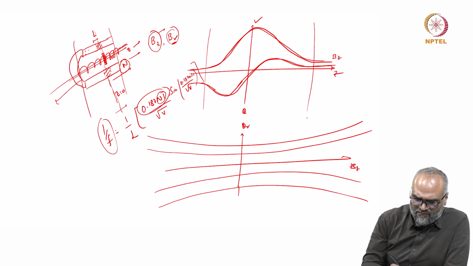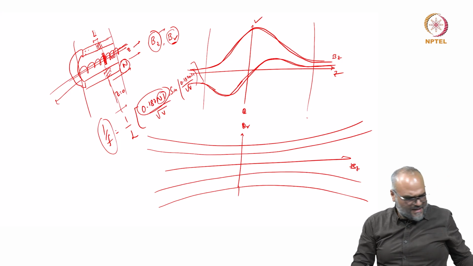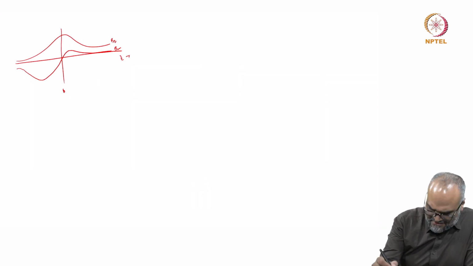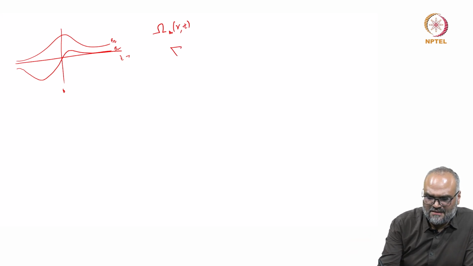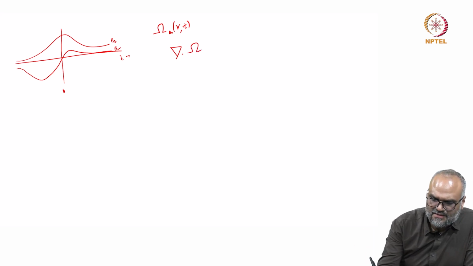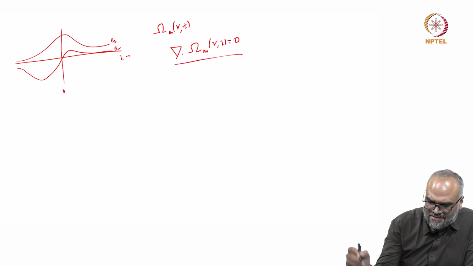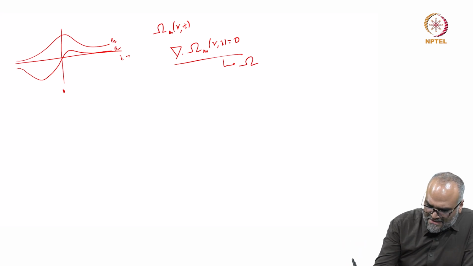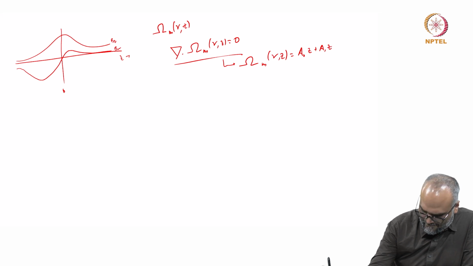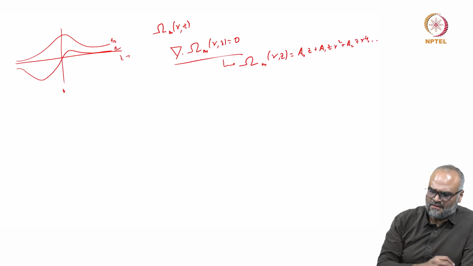If I want to derive the focal length in such a situation, I can take a magnetic scalar potential as a function of the 3 dimensions, and take the Laplace equation, del dot omega m of r comma z is 0, and from this I can write a sort of Taylor expansion of this as